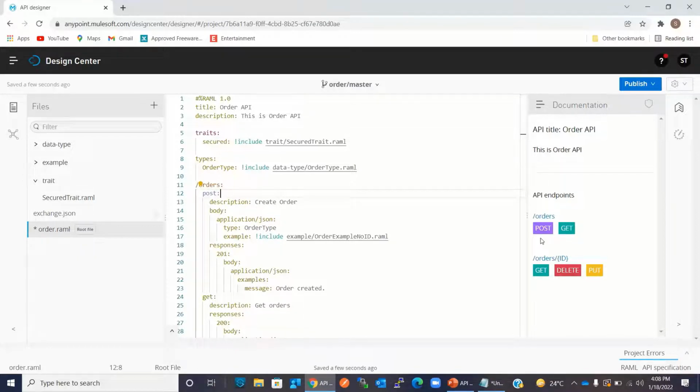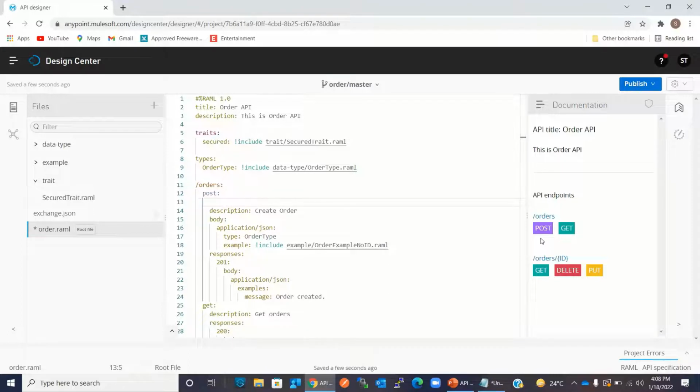Now I will apply secured thread to all the methods. So I will apply to the post method. For applying threads, we use each, and then inside array, we will give the name of the thread that we want to apply to this method. So I will say secured.